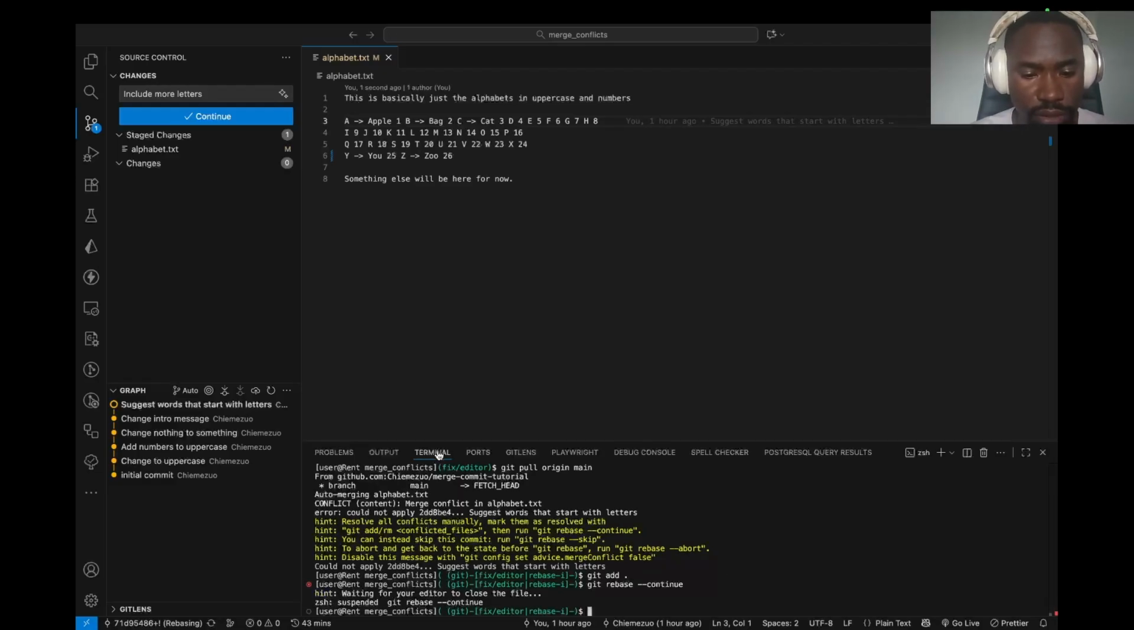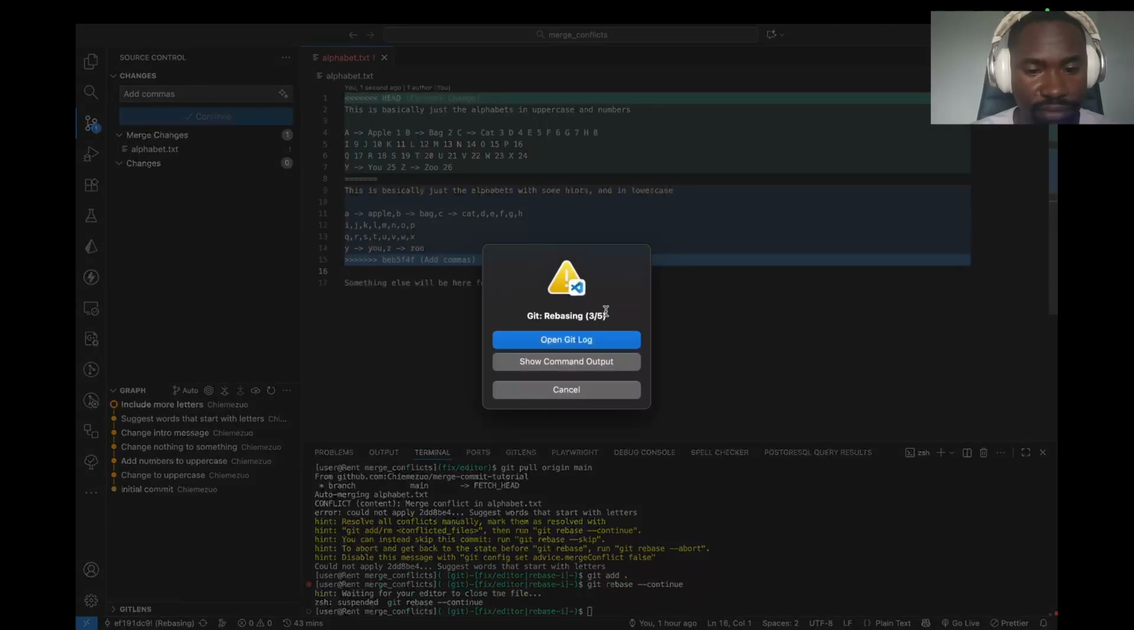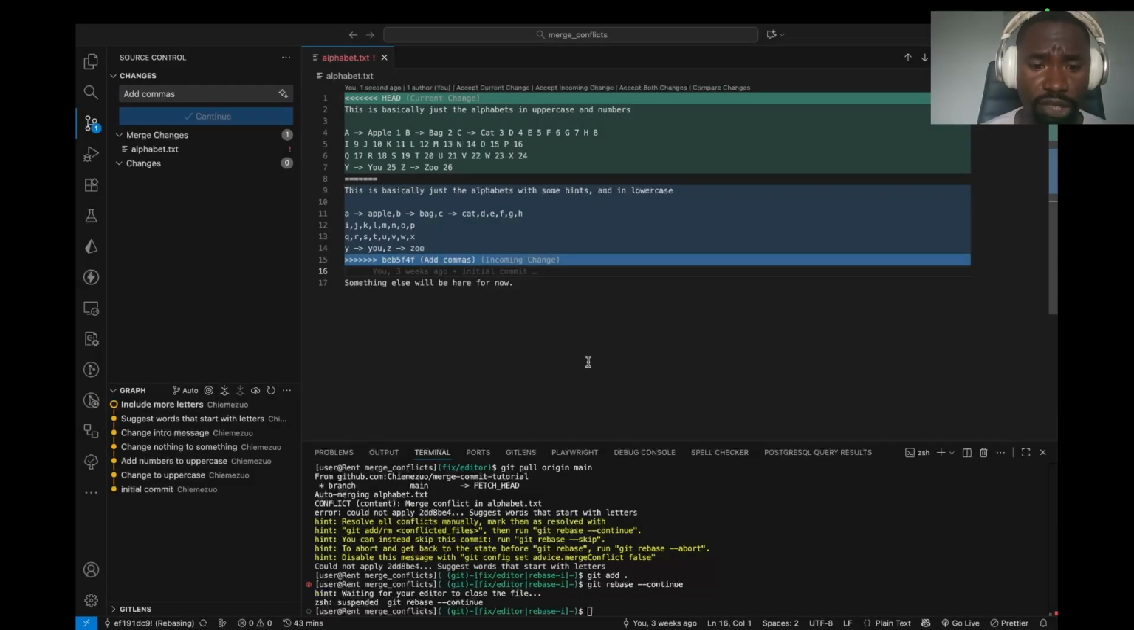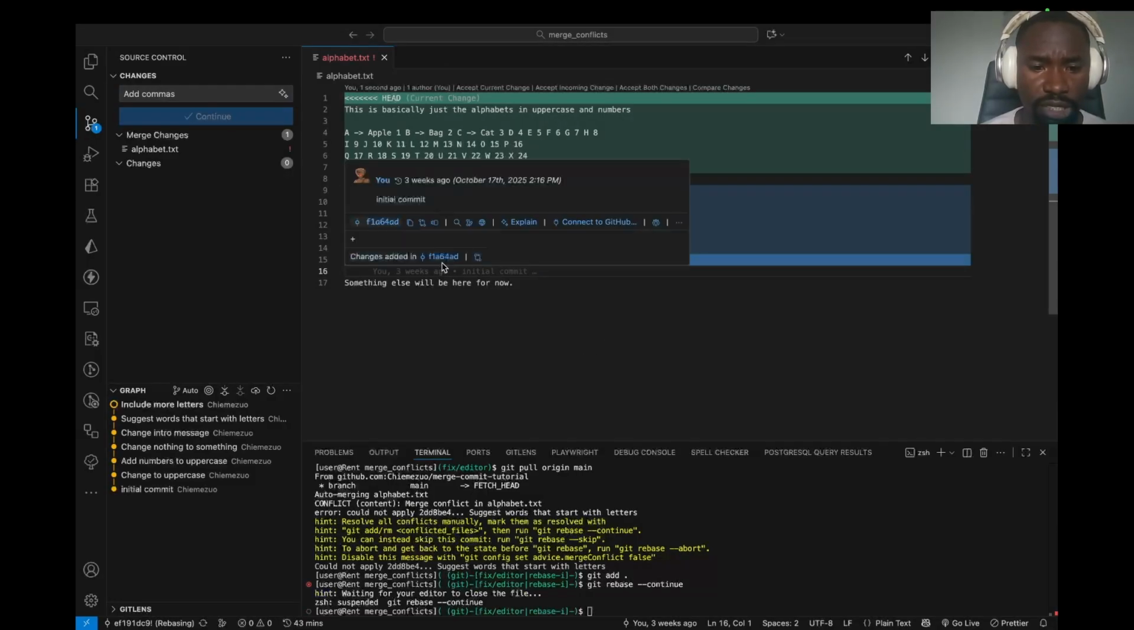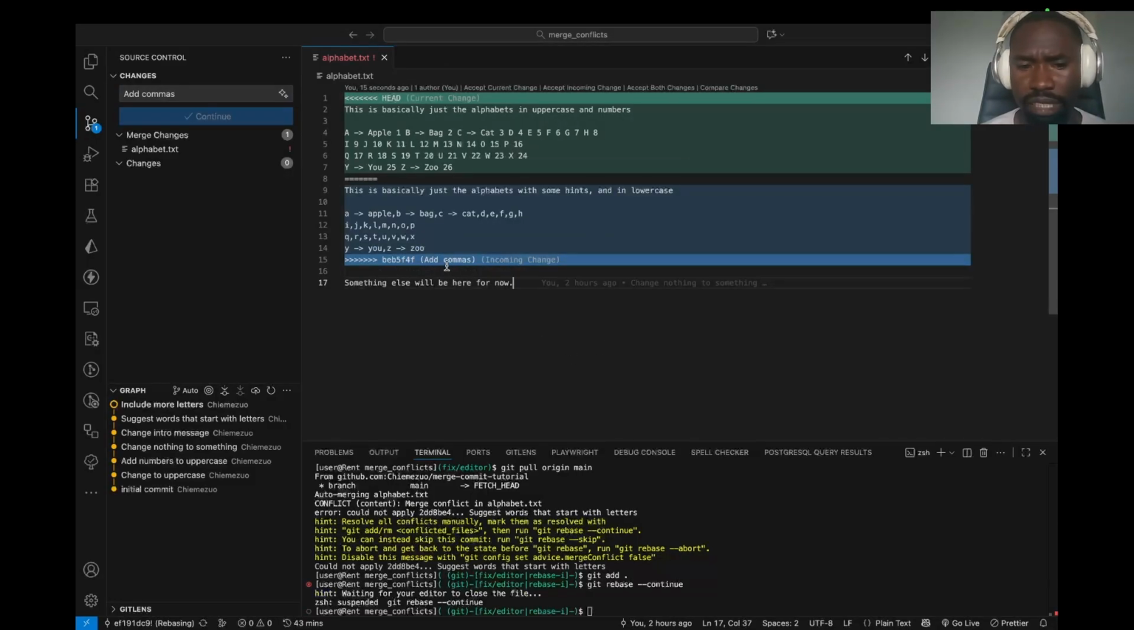Let's just continue here. Right. So this is the third commit. Now this commit, it's also helpful to have descriptive commit messages. So this one says add commas, and looking at it now, let's just say I'm not interested in the commas